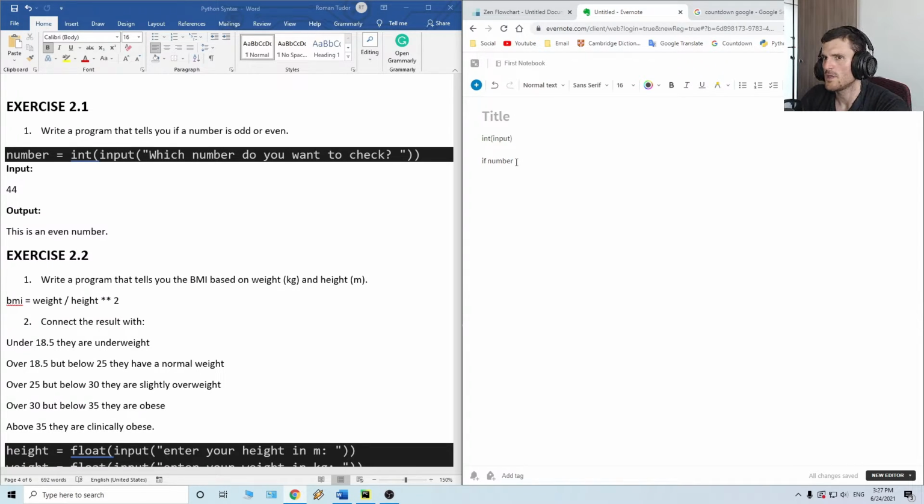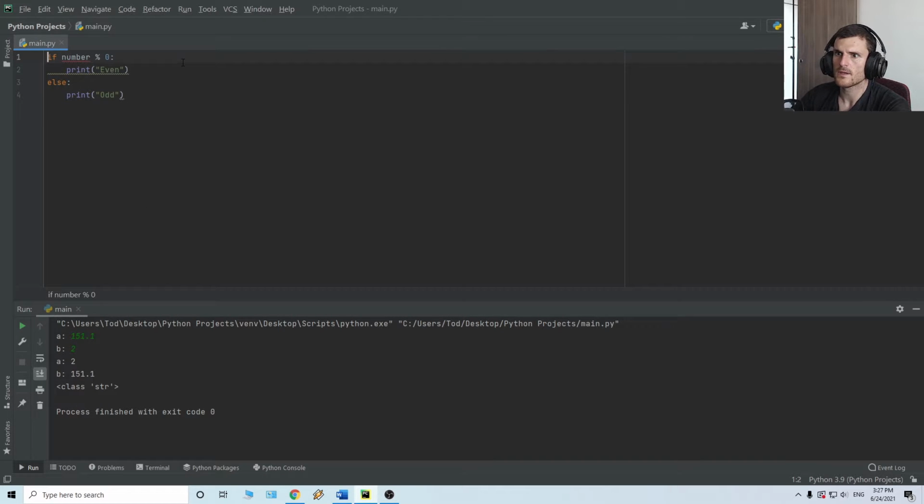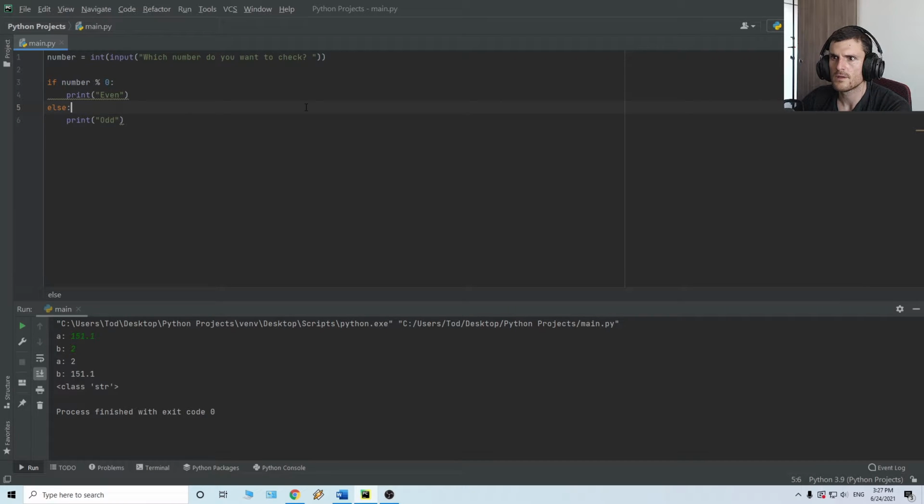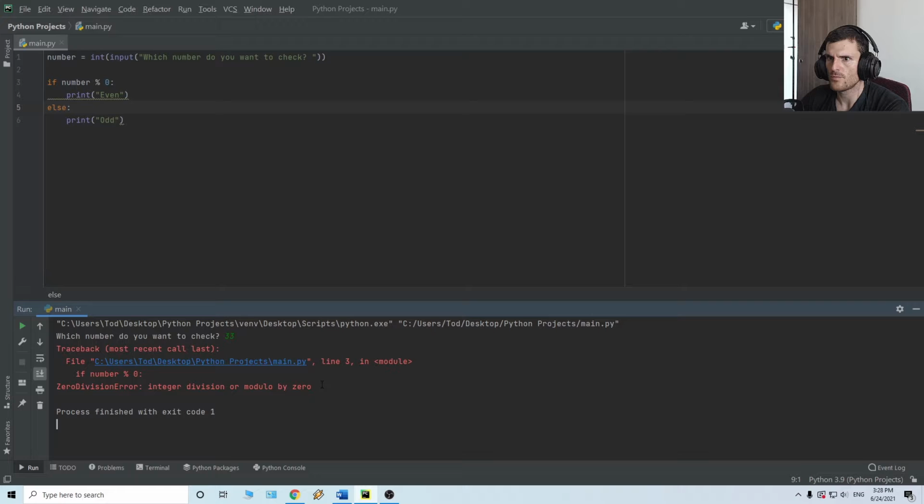If number remainder 0, print even. Else, print odd. Let me see. If the number remainder, if